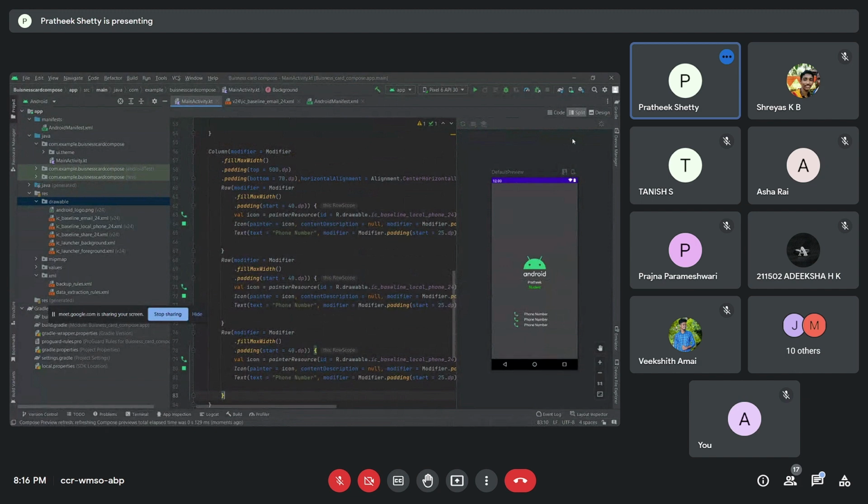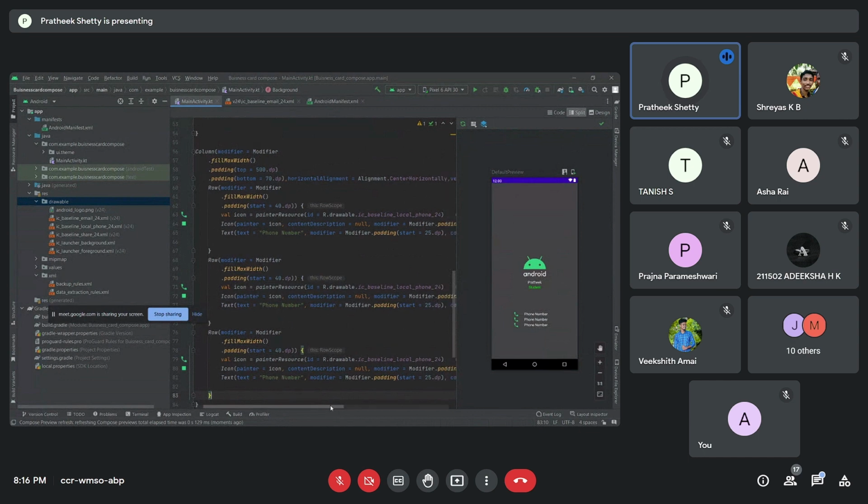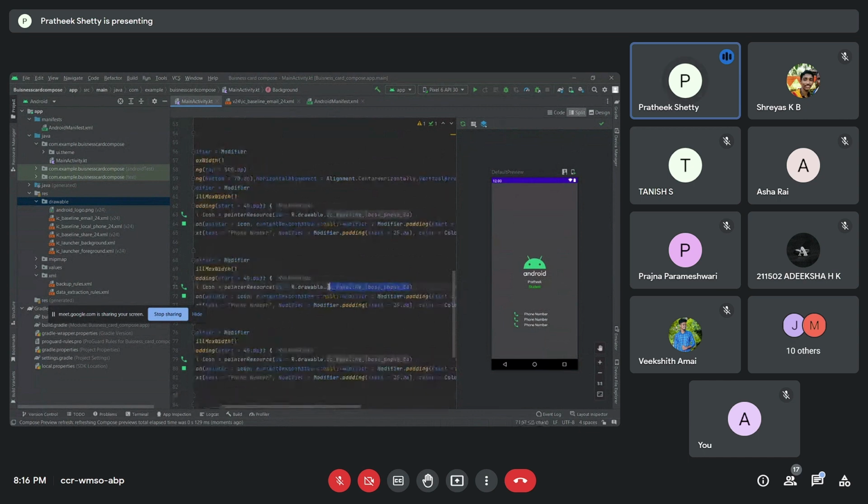Okay, so actually what you need to do is, you can just change all those icons to different things. Like you can add email, you can add here share. Okay, everything you can change. You can change the names, everything. So one code can be reusable in this thing. Okay,